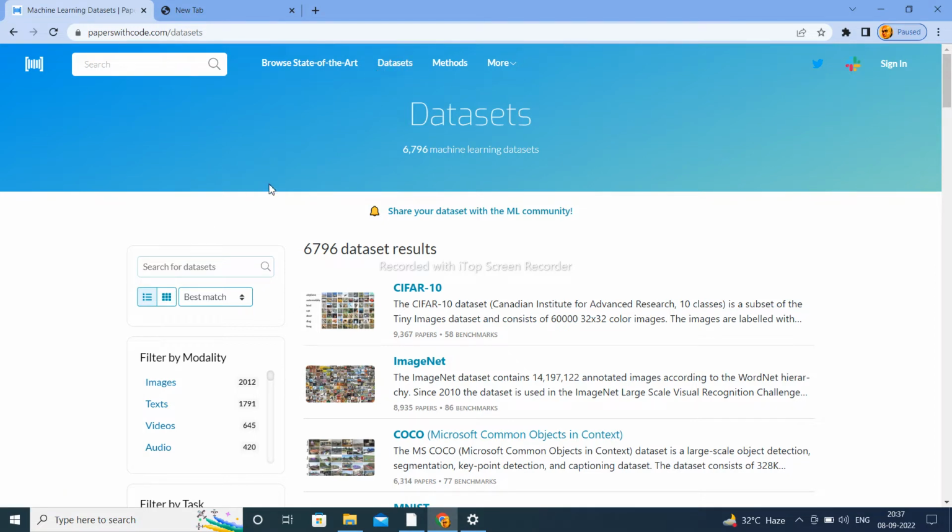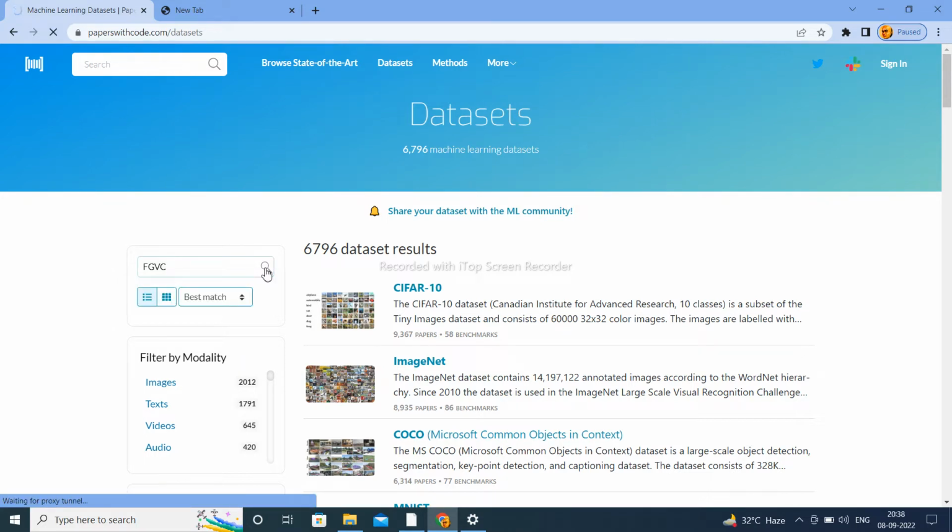Okay, so first suppose I want to search a new dataset, FGVC Aircraft. Now click here.